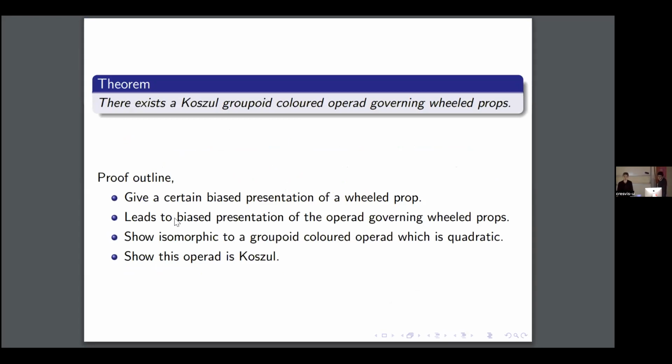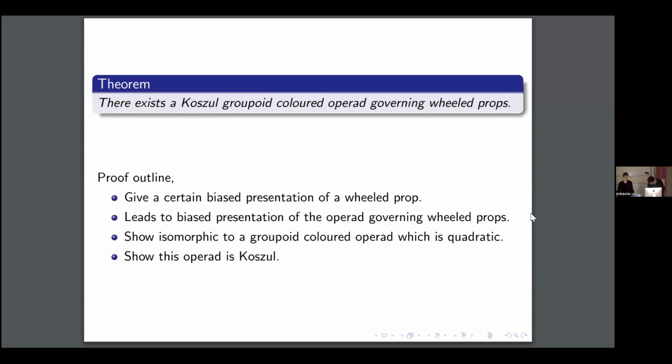So today I'm hoping to talk about how we can construct a Koszul groupoid colored operad governing wheeled props. And I'm going to do this by starting off with a certain definition of a wheeled prop. And then I'm going to show that we can use this definition to induce a definition of the operad governing wheeled props, which is almost going to be the right definition in that it has some nice